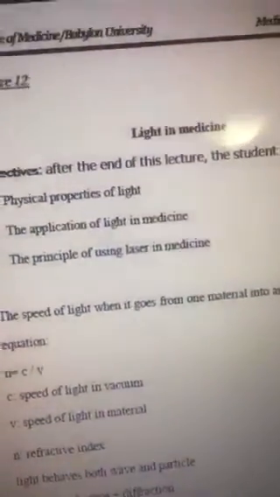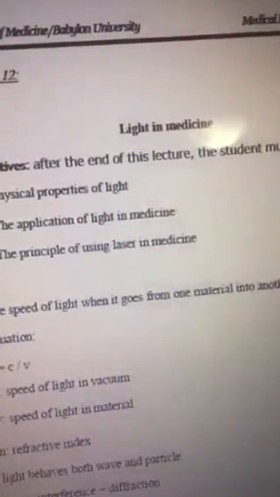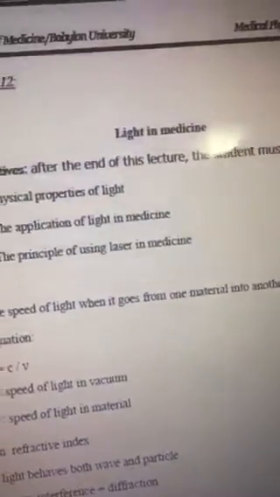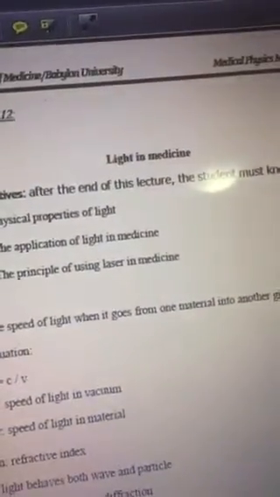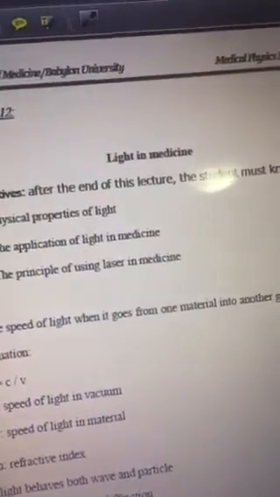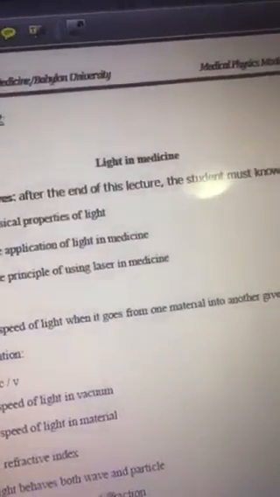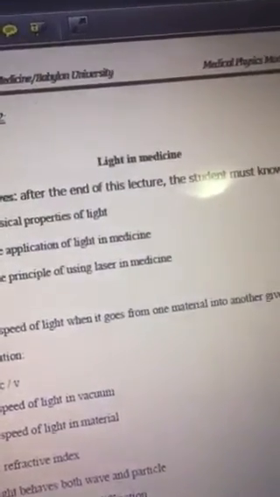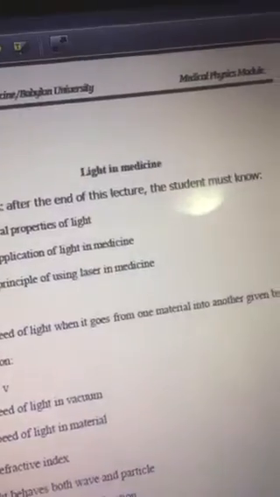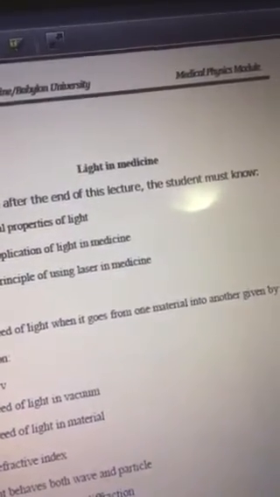In today's lecture, the topic is the use of light in medicine. The objective of this lecture is that the student must know the physical properties of light, the application of light in medicine, and the principle of using